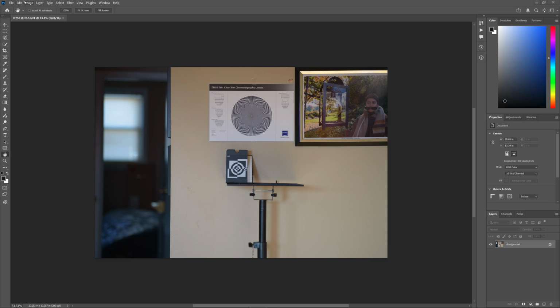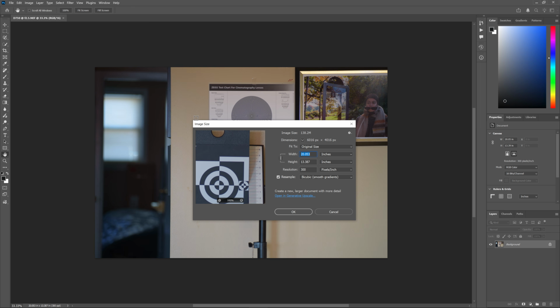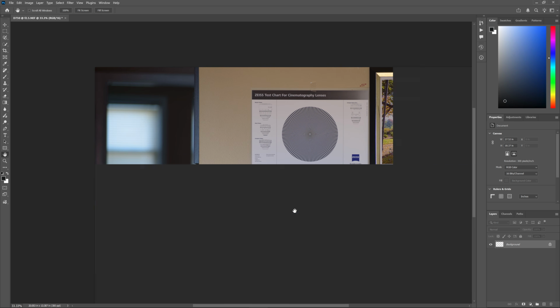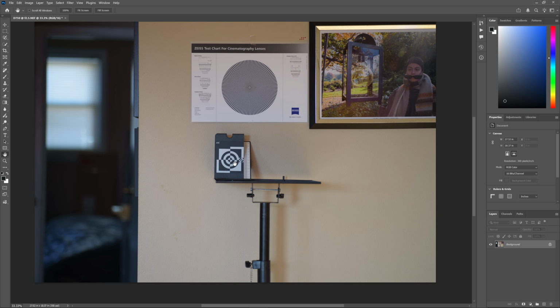So we go over here, image size, and over here we choose preserve details, no noise reduction, resample in pixels. And we're going to choose the pixel size of the D850, which is 8256, and the other one is adjusting by itself as well, and that's what we're going to do, a simple upscaling.